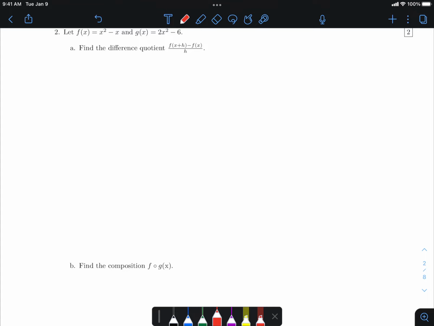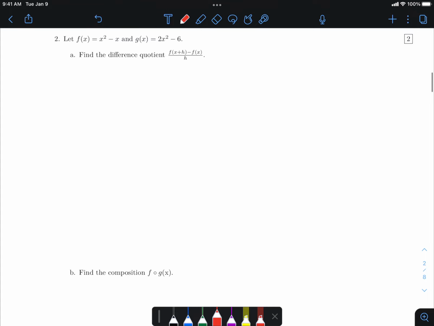This question is touching on two concepts, both the difference quotient and the composition. So all you need to remember is how to properly plug in values into a function. So let's see item A to exemplify what I'm trying to say. So when I'm asking you for the difference quotient